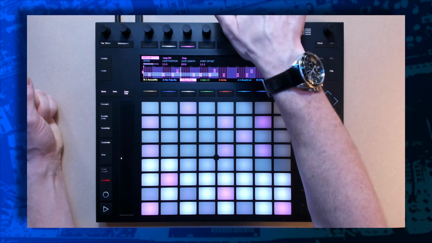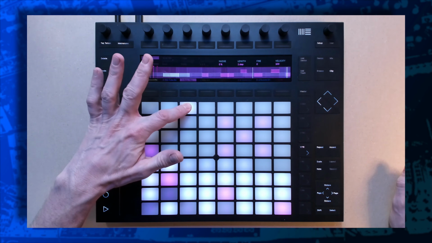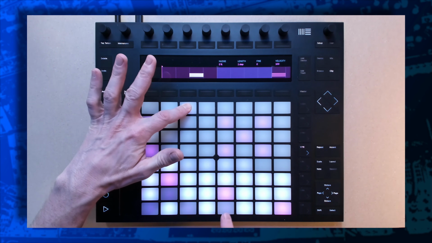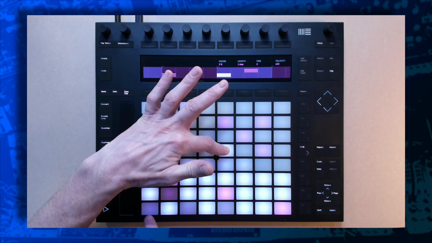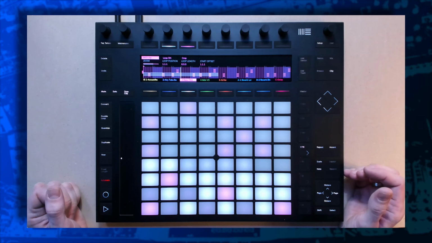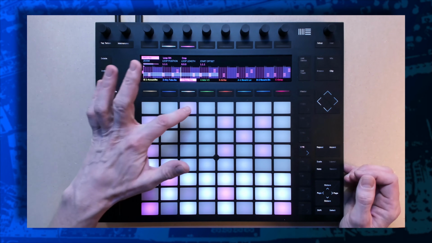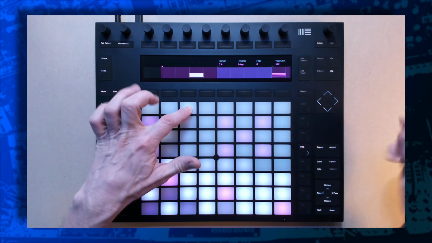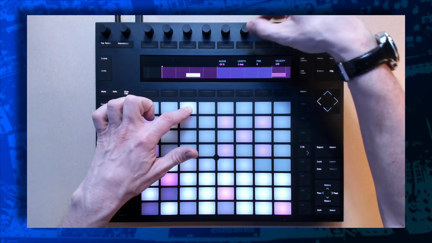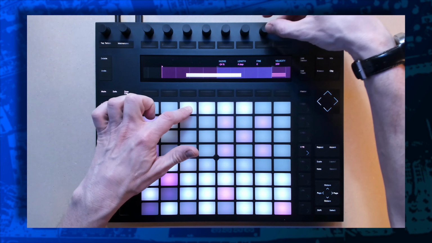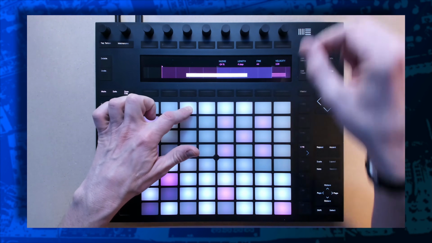Excellent. If you want to see which notes are featured in one step, all you have to do is press and hold, and the display will switch to showing those notes. And exactly how we've already learned, if we want to manipulate one step within our sequence, we press and hold the step, which is going to give us the options to change the note's position, change the length of the note, fine-tune the length of the note, change velocity,